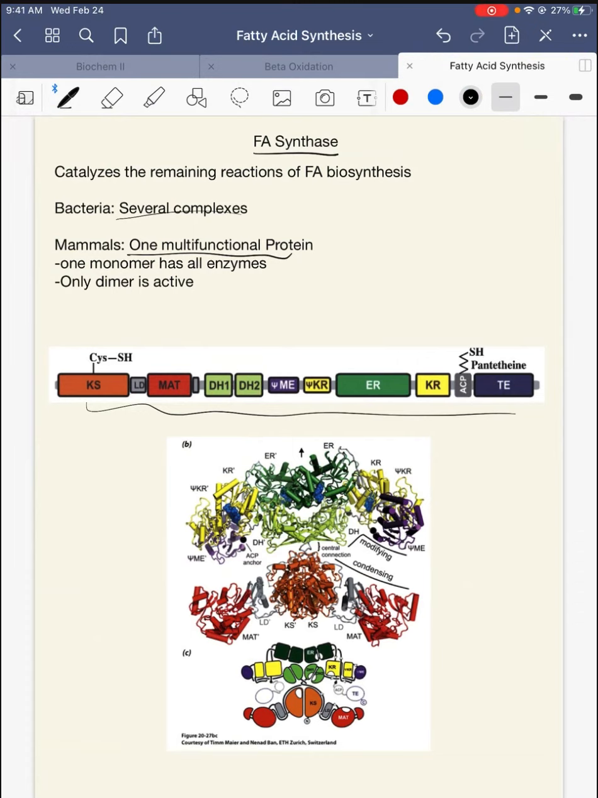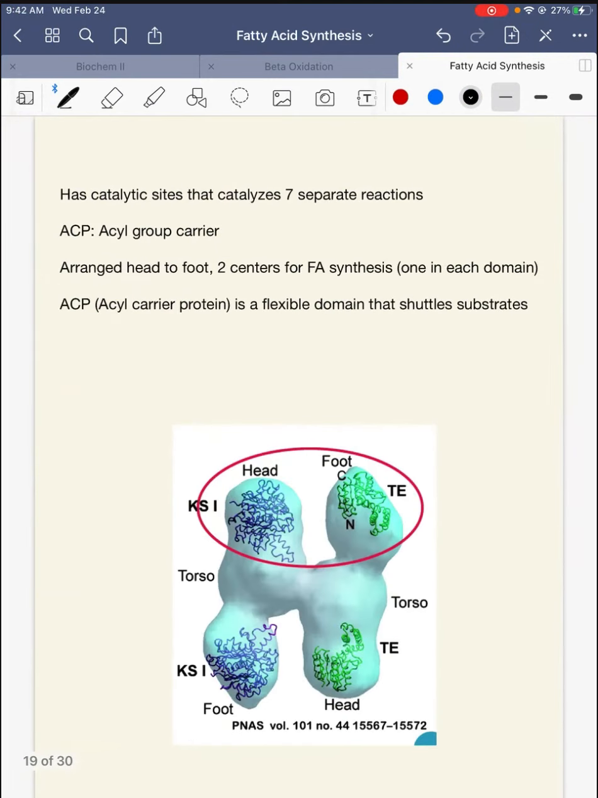So this enzyme exists as a dimer or a monomer. The monomer has all the enzymes the cell needs to run the reactions, but only the dimer is active. So the monomer needs to dimerize for this enzyme to function properly. Okay, so let's look at the fatty acid synthase briefly. So it has 7 catalytic sites,